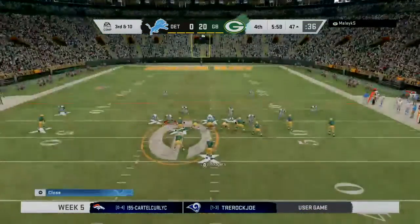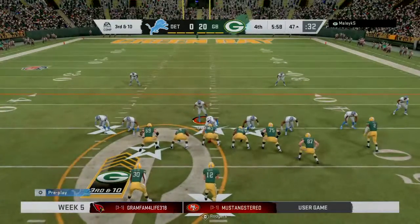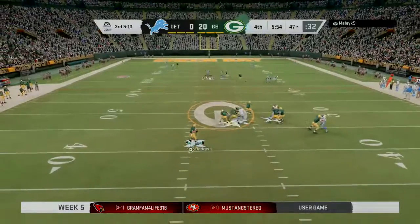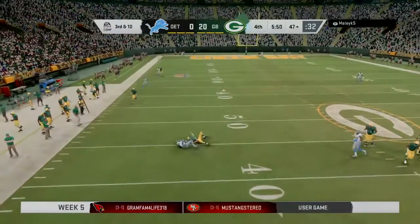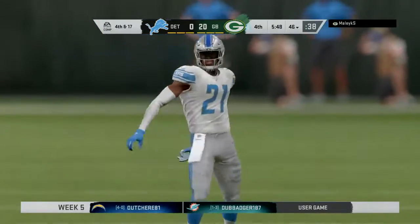And to me, it raises the question of what's right in this game nowadays. Do you sit on the ball and run it because you have enough of a lead, or do you try and extend it because you always feel like the other team can come back? Extend it. And he's taken down, trying to do a little too much, getting outside of the pocket, and it